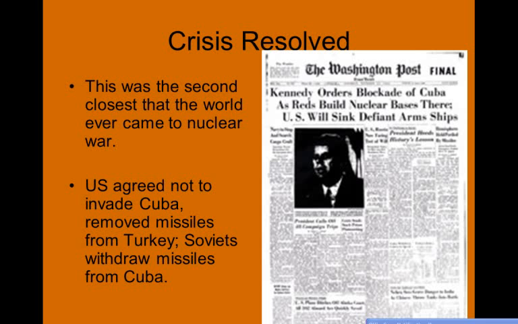The United States also promised to remove nuclear missiles that we had put in Turkey, which if you think about the geography of that, Turkey is very, very close to the southwestern border of the Soviet Union. So these missiles we had in Turkey were just as scary to the Soviet Union as the missiles they had put in Cuba. So both sides agreed to take a step back. They remove weapons that are close to each other in third-party countries, and the United States promises not to invade